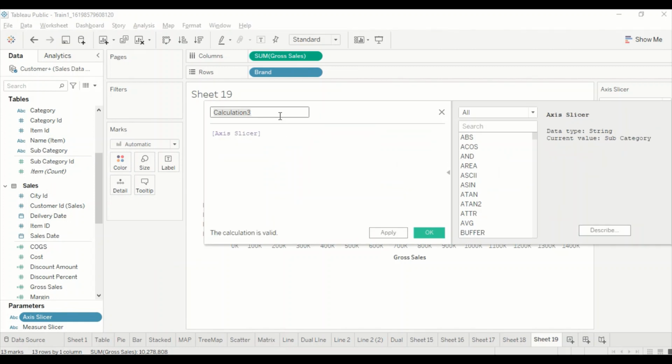I can do it from here, and I call it axis, and I'm going to use CASE axis slicer WHEN, and I can simply write true and then check equal to value WHEN brand THEN brand. Okay, and I'm going to copy paste this two more times, and let's check the syntax. Now the syntax is correct.